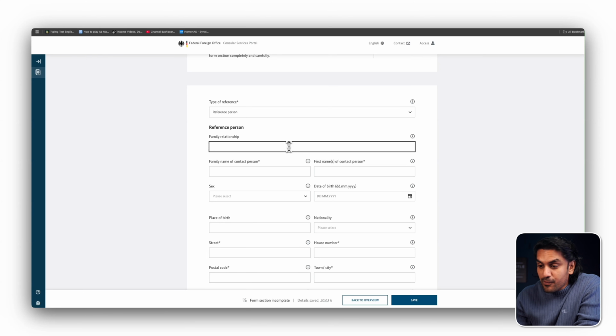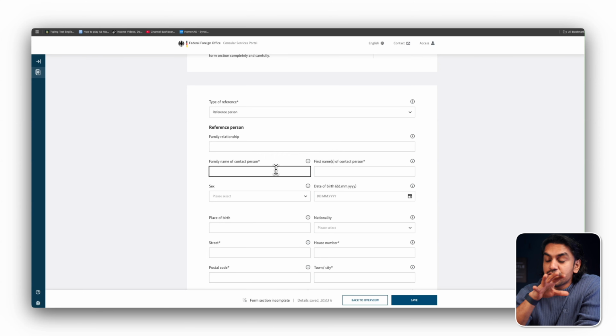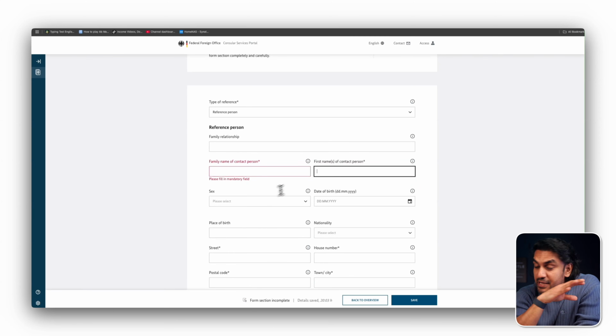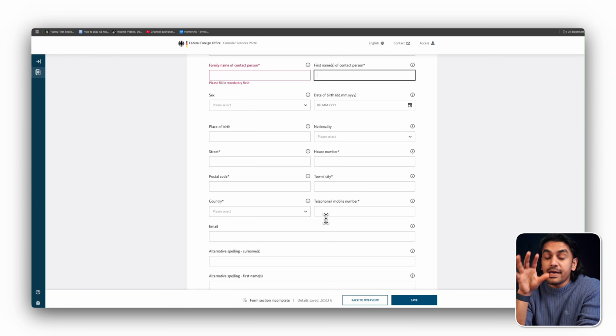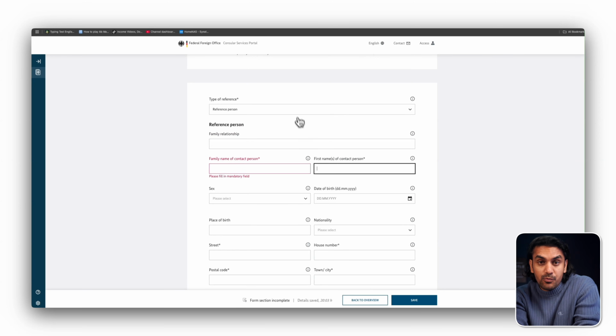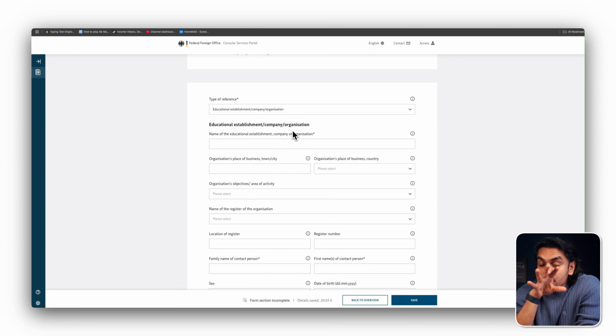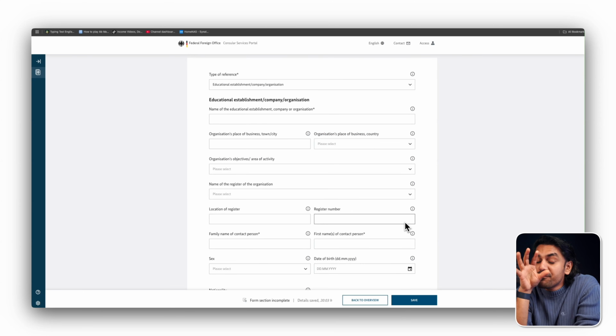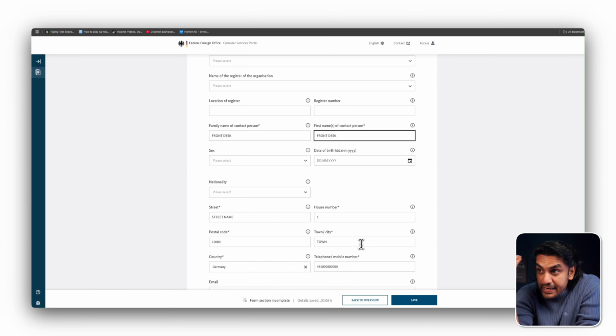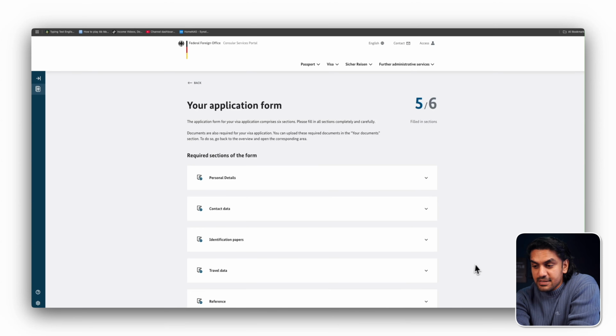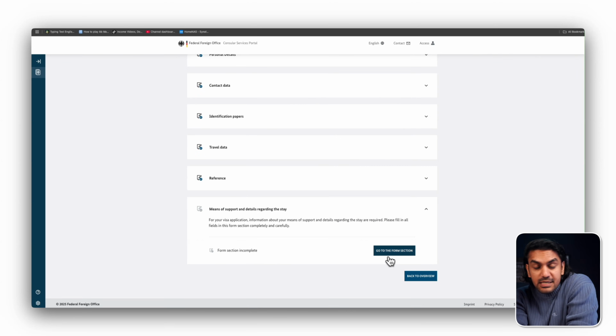Enter the full name, phone number and city and clearly mention your relationship with them. But again, having a personal reference is not mandatory. You can apply successfully with just a hotel booking or temporary address. The main goal here is to give the embassy a valid reachable address in Germany where you intend to stay. Once you fill in all the necessary details, then we move on to the final section in the form,